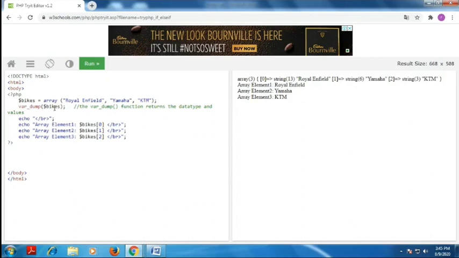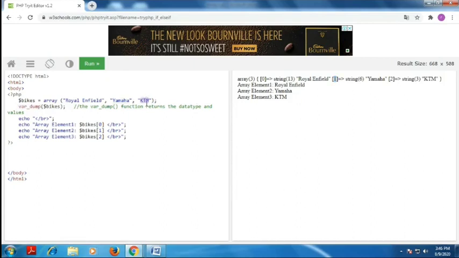What is the meaning of var_dump of bikes? The var_dump function in PHP returns the data types and values. This function returns the data type and, at the same time, the values. Here, you mentioned there are three values, string, three values and the size. Royal Enfield, the total size is 13. Next, the index value is 0. Next, string 6. This is Yamaha. Yamaha is the size, count 1, 2, 3, 4, 5, 6. This is the string size, the memory size. The string value is Yamaha, and the index value is 1. Okay, full definition of the array. That is the use of var_dump. Next, I go for KTM.